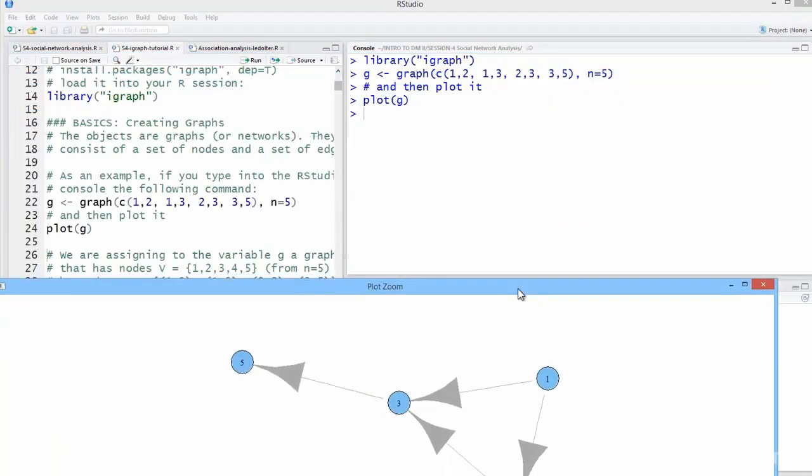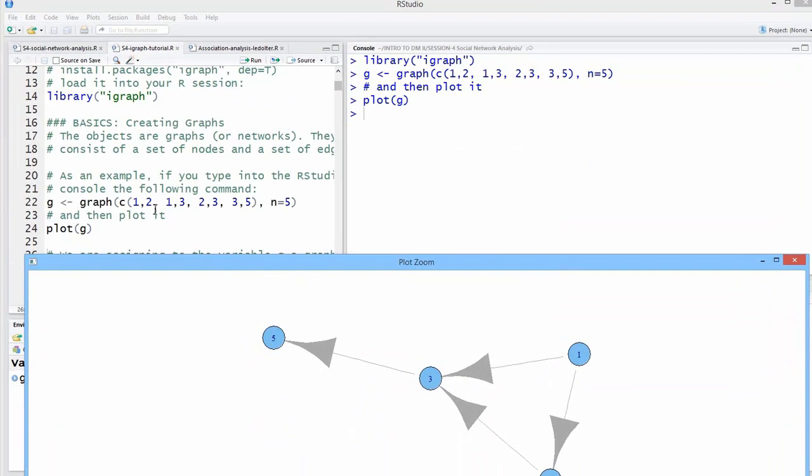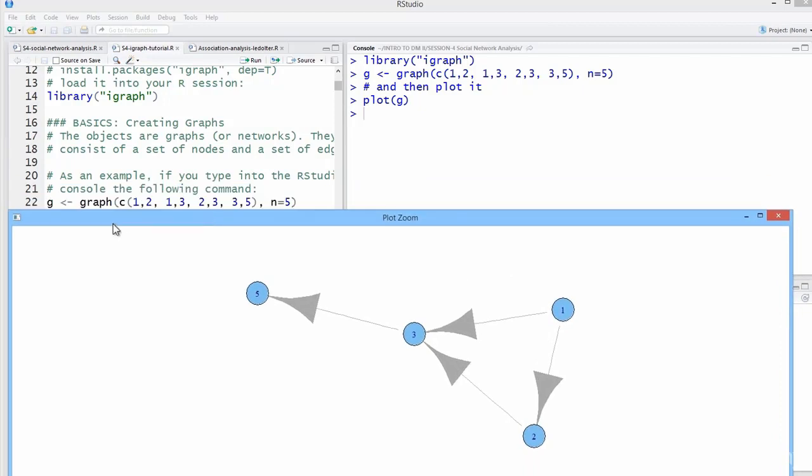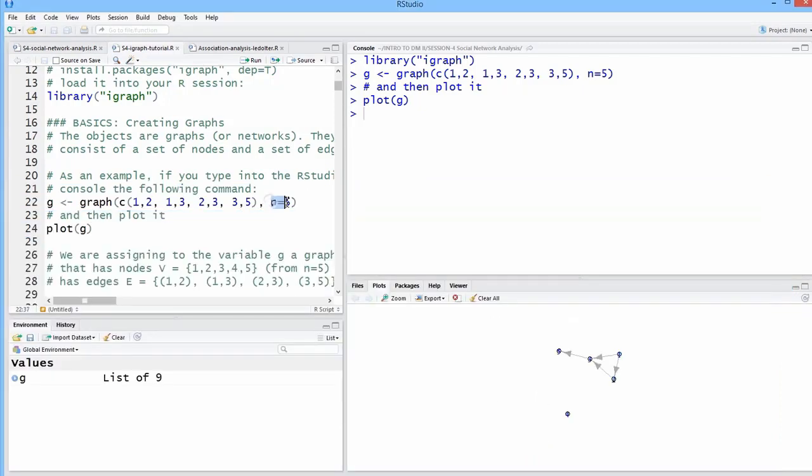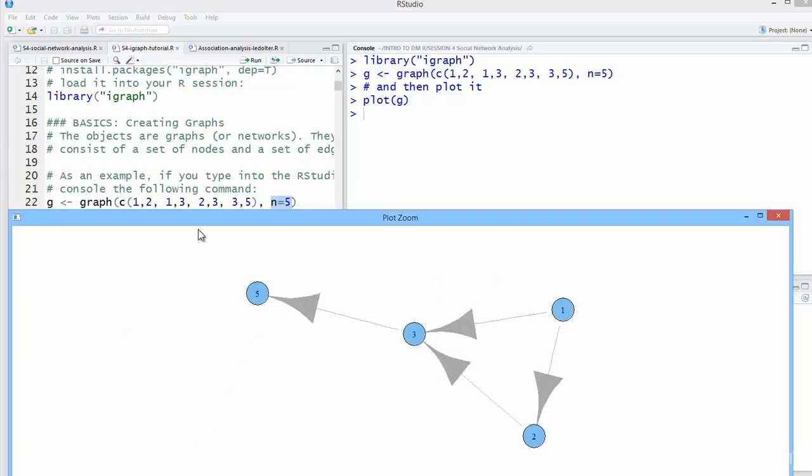And if you go back and look at it, you can see that we really had two arguments to this graphing function. The first one were the edges. That is, it's a directed graph, and if you just look at it, you can probably figure that out. The second one is the nodes. So we said there are 5 nodes, and they get numbered sequentially unless you tell it otherwise. And so we have these 5 nodes,